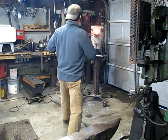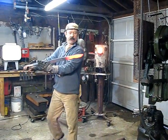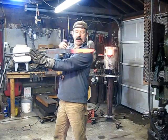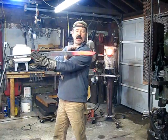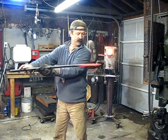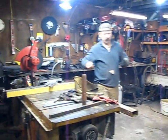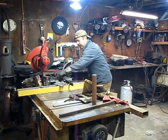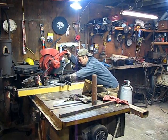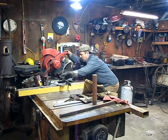Now I'm going to, about where we are right now, cut this off with my chop saw from the parent bar with about as much material as I think I need to draw out the tang. And I think I can do that right now. This is always a guessing game. But I got lots of steel here, so